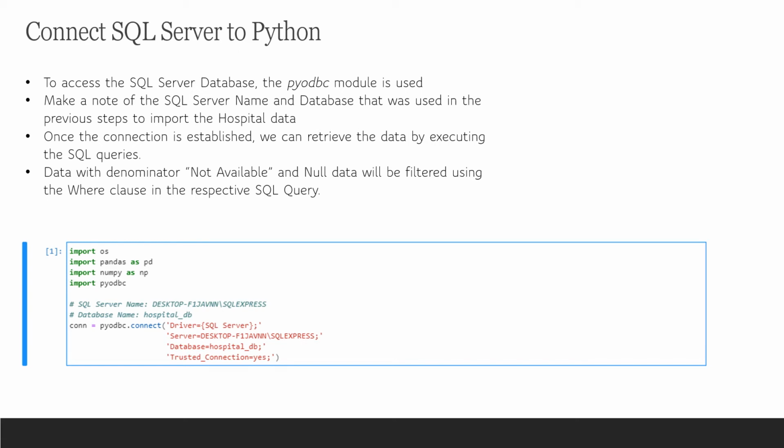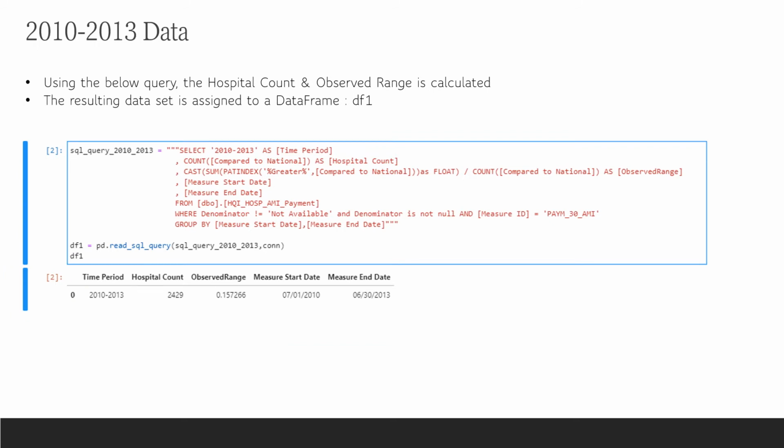The next step would be to connect SQL Server to Python. Just like we import other libraries like pandas, now we import PyODBC. By doing this, we can write SQL queries inside Python. We can use SQL's where clause to filter the data. Using the below query, the hospital count and observed rate is calculated and we get the data frame DF1, which